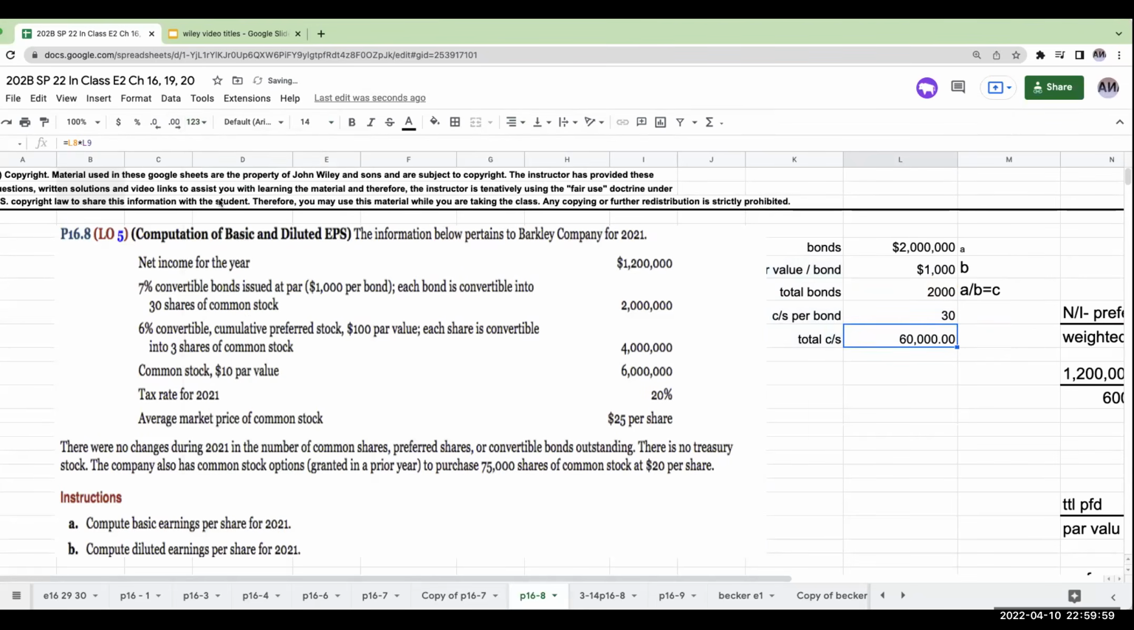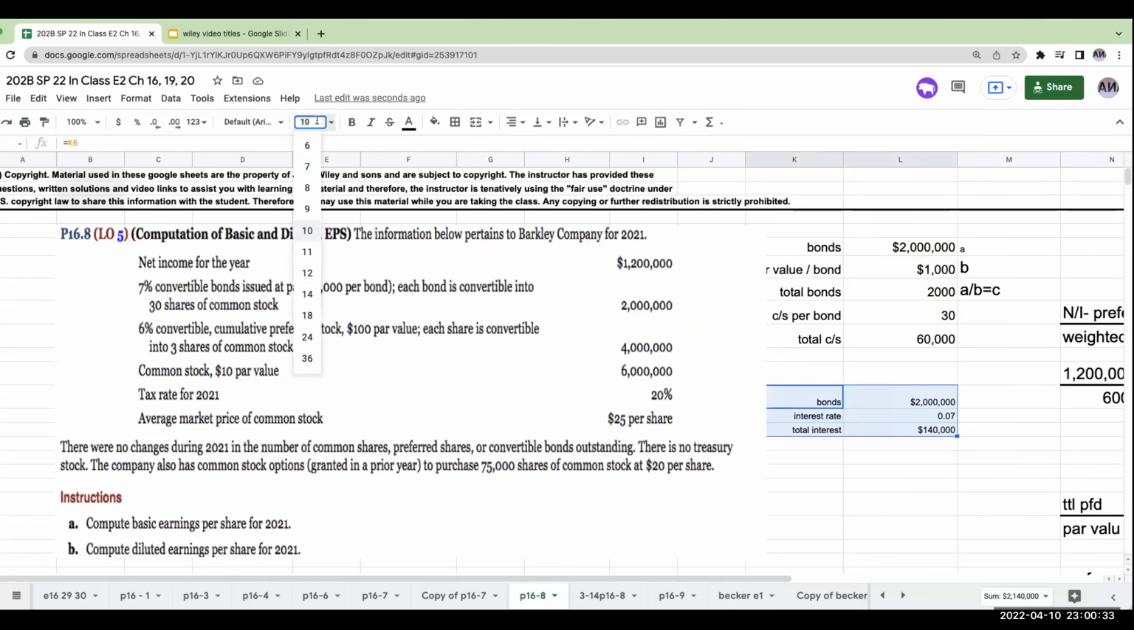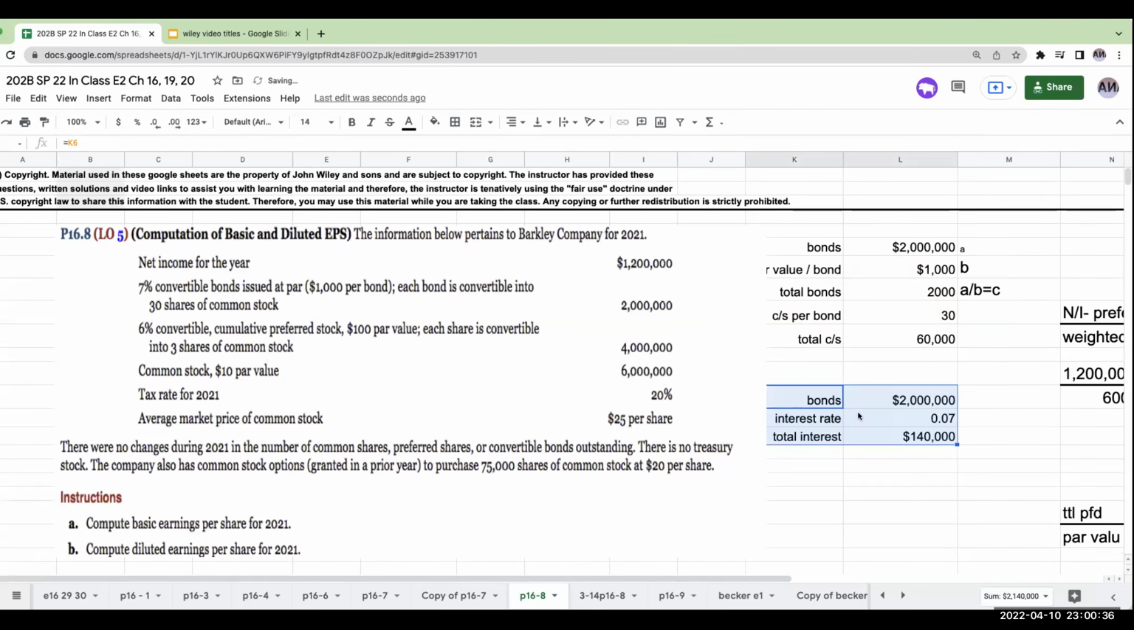But when I have a bond, what I also have to remember is, if this bond converted, I would not have to go through and pay interest. So with this bond, I've got 2 million of bonds. These bonds are at 7%. So my total interest is going to be 2 million times 0.07, or 140,000. So potentially I could be saving 140,000 of interest, but